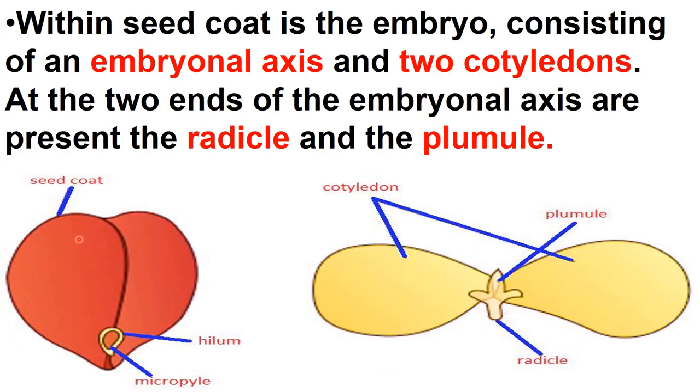Now you can see here this is the structure of a gram seed. Okay, so this outermost layer is the seed coat and this is the hilum. So what is this hilum? This is the scar with which the seed is attached with the fruit. Okay, so the scar-like structure with which the seed gets attached with the fruit is called hilum. And just above the hilum, this pore is the micropyle. What is the function of this micropyle? It helps in exchange of gases for the seed.